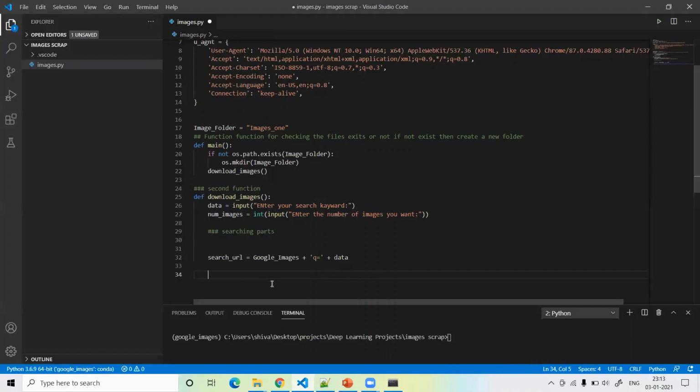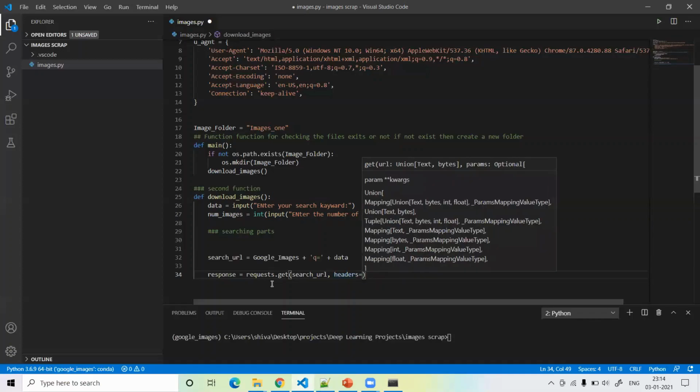Okay, so we have to define response equal to requests.get search_url, and then we have to define headers equal to our user agent, guys.